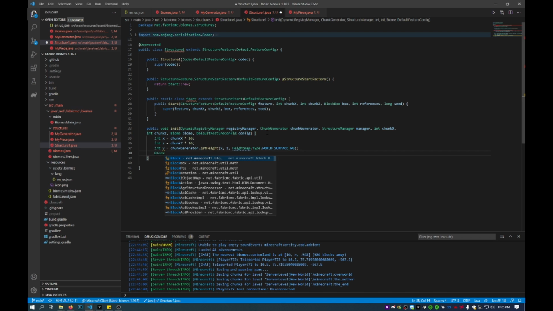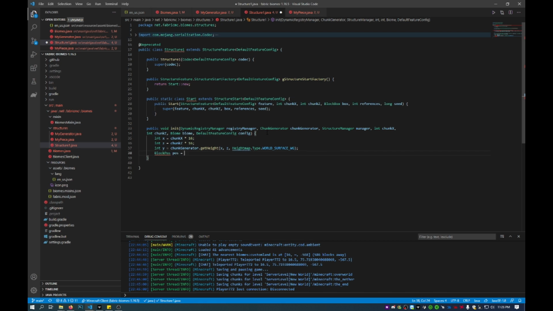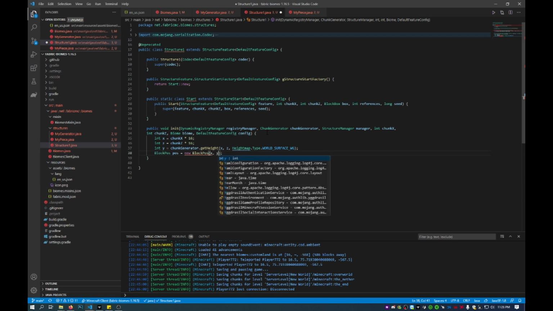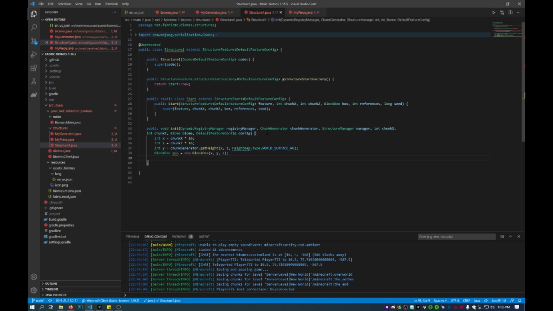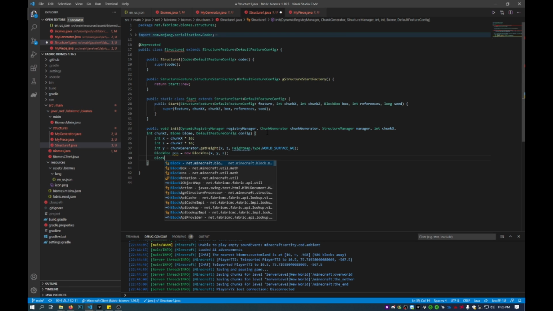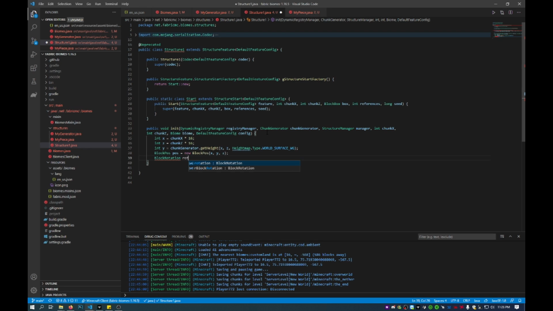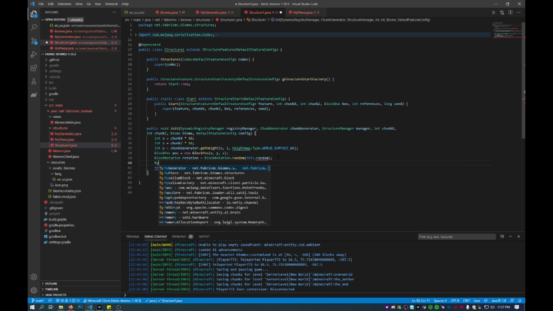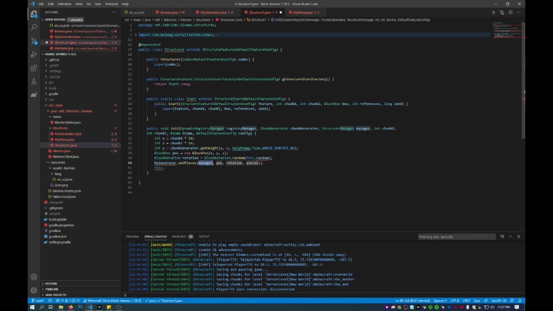Then block position now. PLS equals new block position. And then this has to be an X, Y, Z. So X, Y, Z. Then we'll call rotation. And this will have to be block rotation, random, and then this random. And my generator, add pieces. And then we'll have to set this to manager, POS, rotation, and then pieces will be